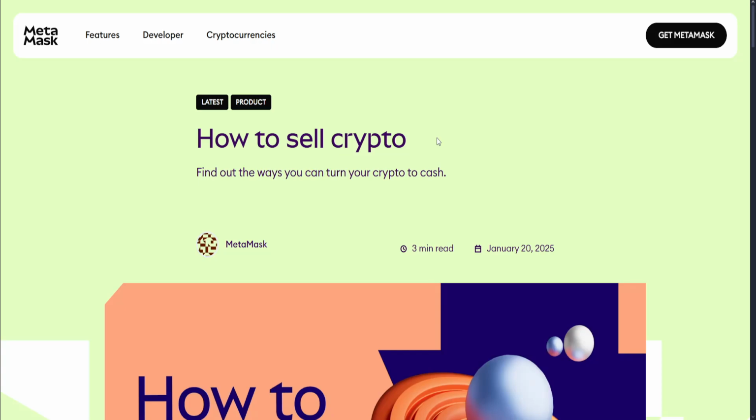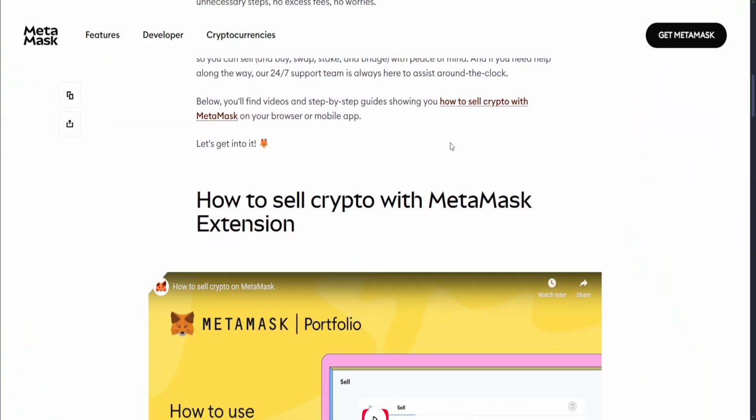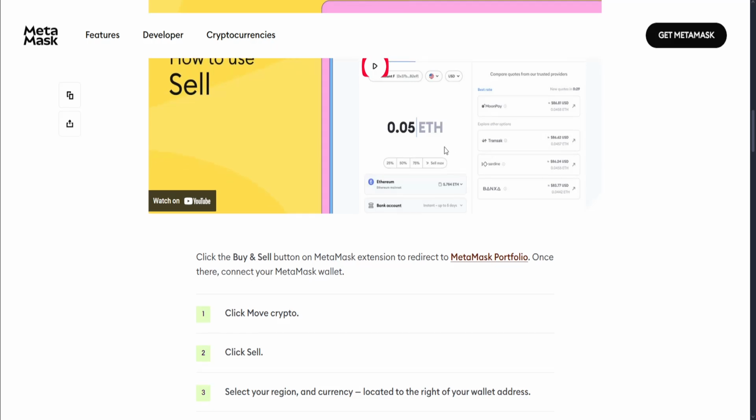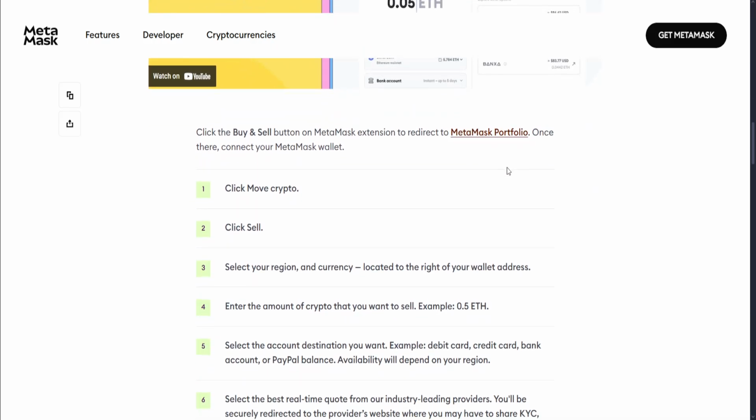How to withdraw MetaMask to your bank account, or in short, how to sell your crypto on MetaMask and then transfer it to your bank account. So first thing you want to do is basically go to the buy and sell and then move your crypto